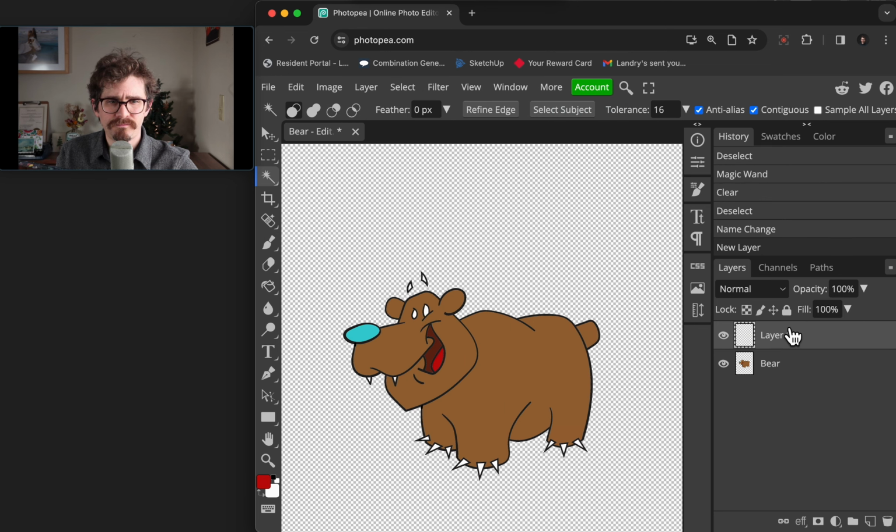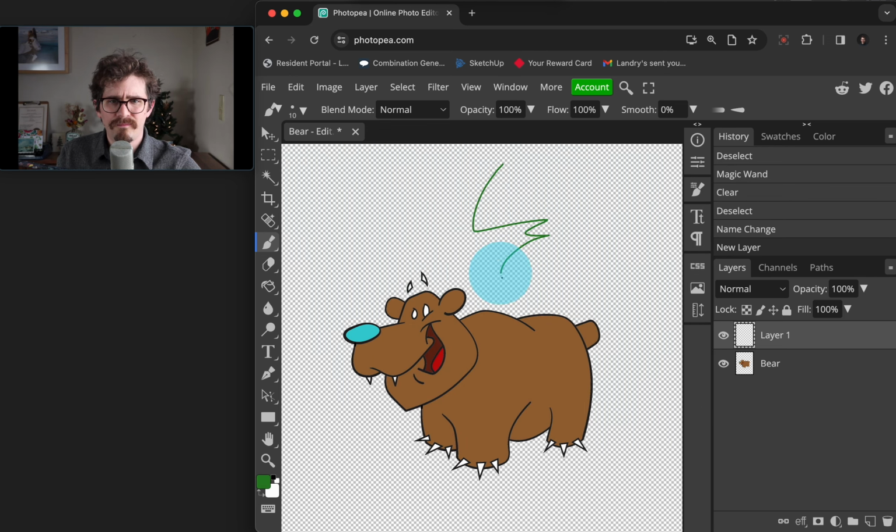What this is going to allow me to do is take my brush tool. We're going to click on the brush tool. I'm going to make a Christmas tree. So I'm going to click on my color down here, change it to kind of a dark green, and click OK. Now I can draw, and my line weight for my paintbrush is fairly thin. So I'm going to undo that. I'm going to go back over to the history, click on new layer, and with the brush tool,